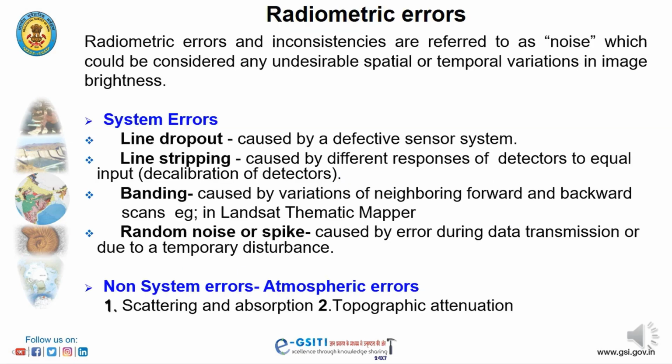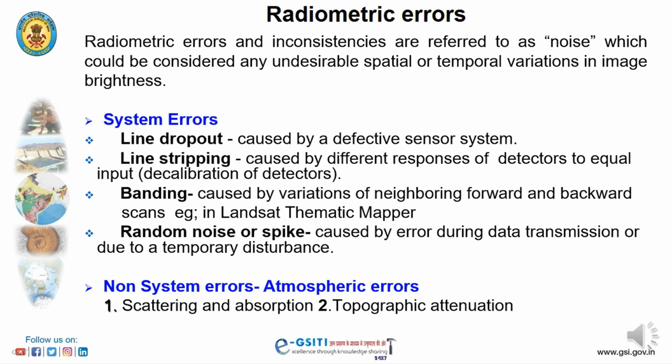Radiometric errors and inconsistencies are referred to as noise, which could be considered any undesirable spatial or temporal variations in image brightness. It may be due to system errors and non-system errors. System errors are in the form of line dropout, which is caused by a defective sensor in the system. There are line strippings, which are caused by different responses of detectors to equal input, that is, due to decalibration